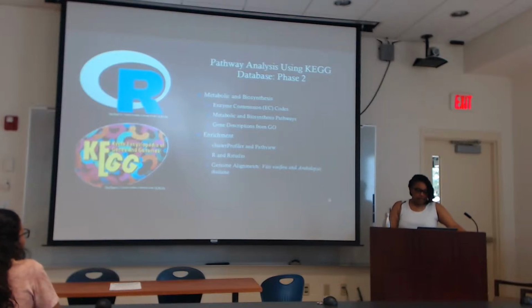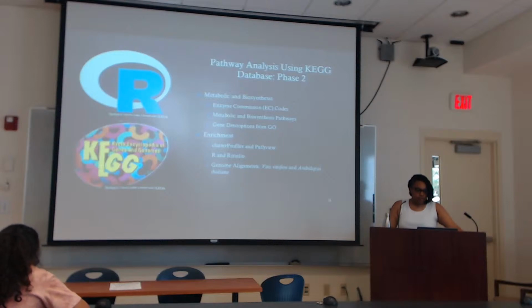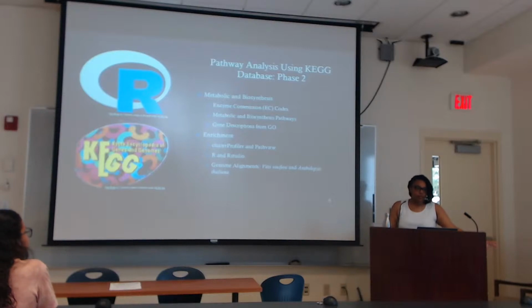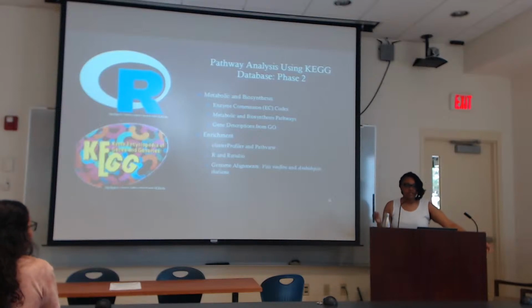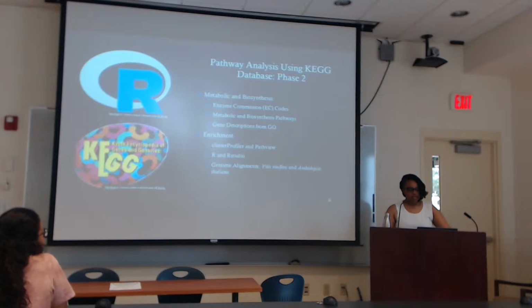We aligned it to Vitis vinifera, which is the wine grape genome, and Arabidopsis, which is a heavily researched plant genomics genome. The reason we had to do this was because there is currently no publicly available genome for blueberries that is also associated with the NCBI database. And we needed those NCBI gene IDs in order to conduct this analysis, because that's what the programs relied upon. And so we used the wine grape genome because it's a very close relative of the blueberry, and also Arabidopsis for extra coverage because it's such a heavily researched